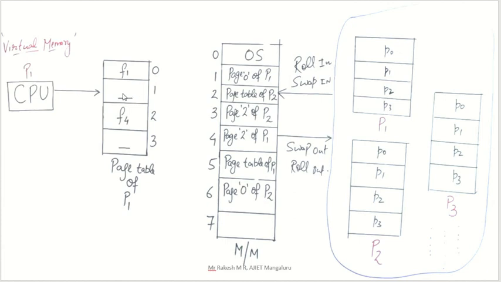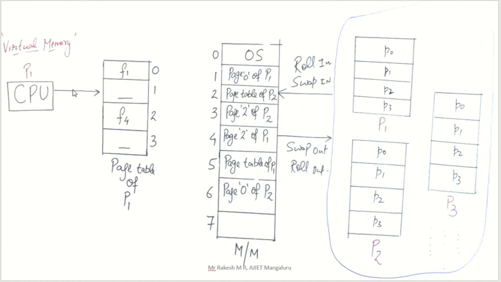We have to avoid page faults. If a lot of page faults occur, there is a chance of decreasing performance and decreasing the degree of multiprogramming. So we have to decrease that. Our aim is to decrease page faults. Now we will see the page fault, page hit concept and page replacement concept also. Now we will go on to demand paging. Demand paging means the CPU demands a particular page through the logical address.